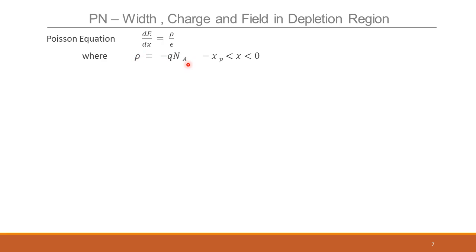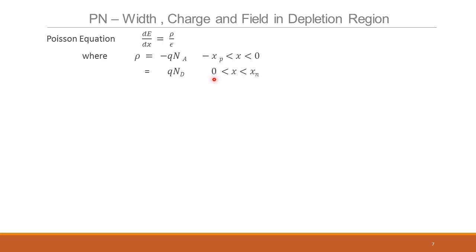Then we've seen that on the p side the charges are negative, because they accepted an electron, and Na is the density there, right? Na was the doping density, so it is minus q times Na. And on the other side of the junction, in the depletion region, the charge density is q times Nd, positive because it has lost an electron. We've seen that,